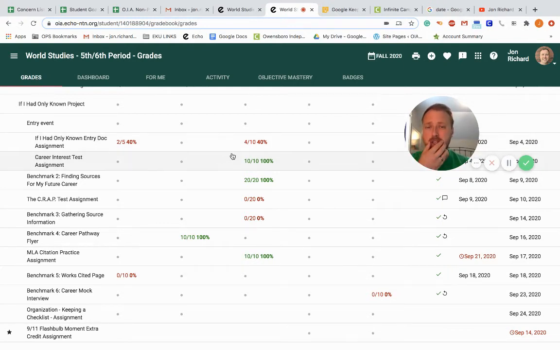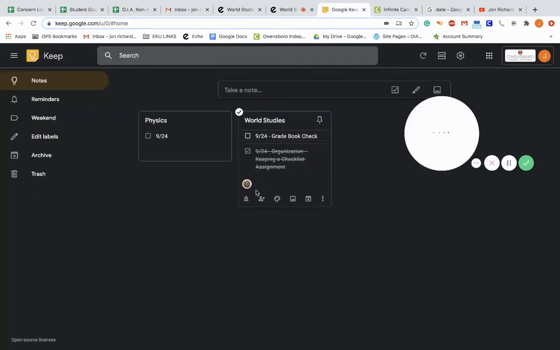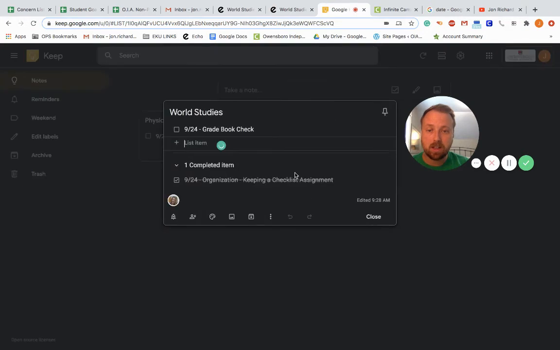So right away I see the entry document. This fake student didn't do very well on that. So I might put that on the list, okay? So I'm going to go over to my Google Keep, and I'm going to say if I'd only known entry doc assignment. And I'm going to make that, and I'm going to add to my list. So I'm going to click on my list, and I'm going to add another list item, okay? So I'm going to put the date,